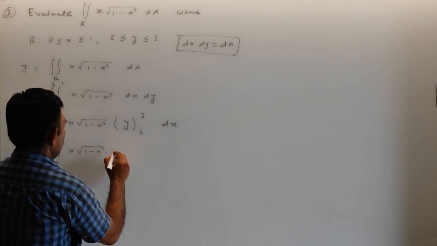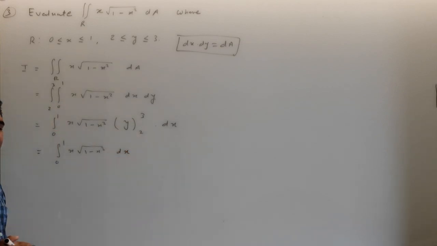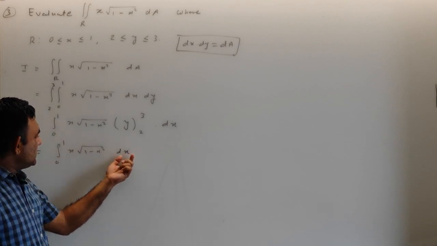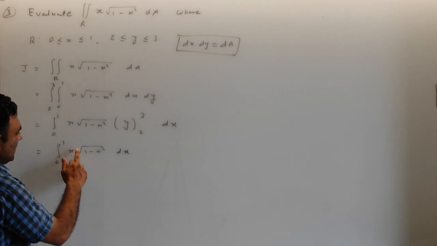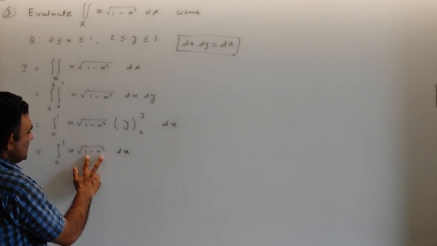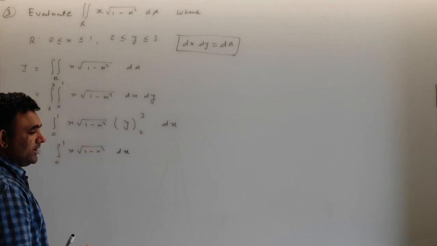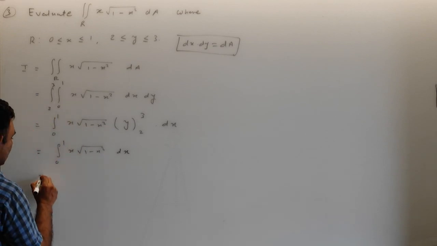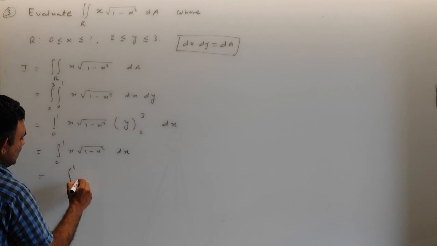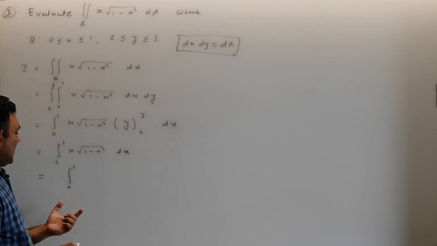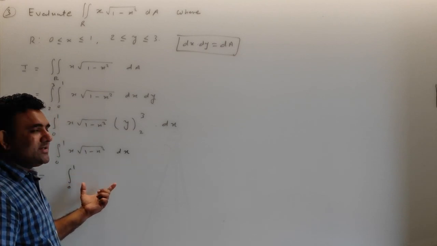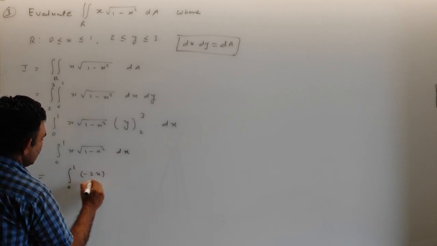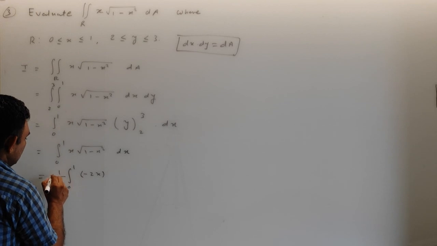Now we integrate x under root 1 minus x square with respect to x. If you forget about the under root, we have 1 minus x square. Its derivative is minus 2x, and here we have x. So let us make this arrangement from 0 to 1. This is a simple trick of integration, and you learned this trick in 11th and 12th science. So it is minus 2x, and divide by minus 2.